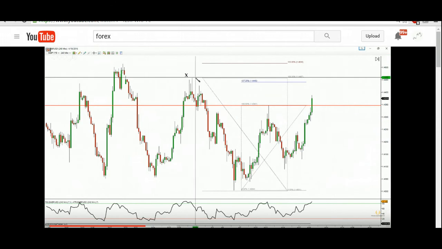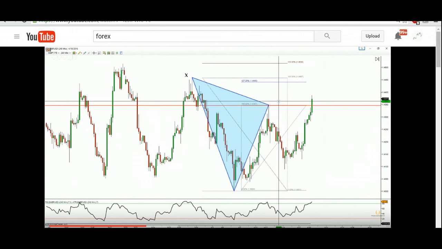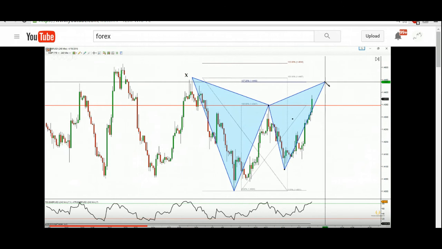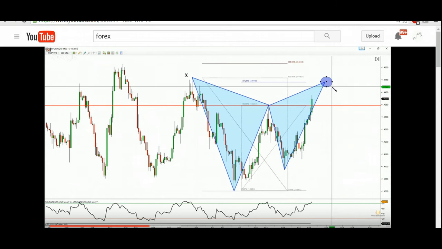All right, we're looking at swing high to swing low, X to A, to B, B to C, and our CD completion is going to be right at this 127.2 Fibonacci extension, so 144.40. So that's your next chance to get bearish, right? To get bearish,